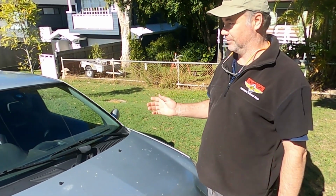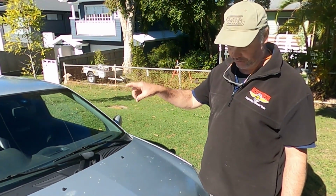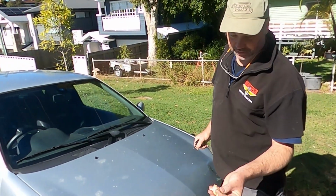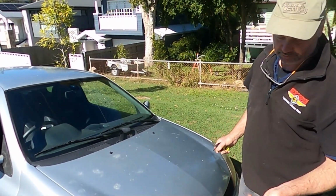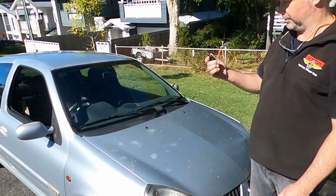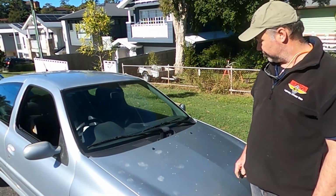It was parked illegally on the road. It had the instruction to remove it because the rego was up. He didn't have the money for the rego. Well, he probably did have the money, but what was the point? He wanted to sell it to me. I didn't need it running, and I didn't know how long it was going to take to get the thing on the road. With no key. With no key. So,